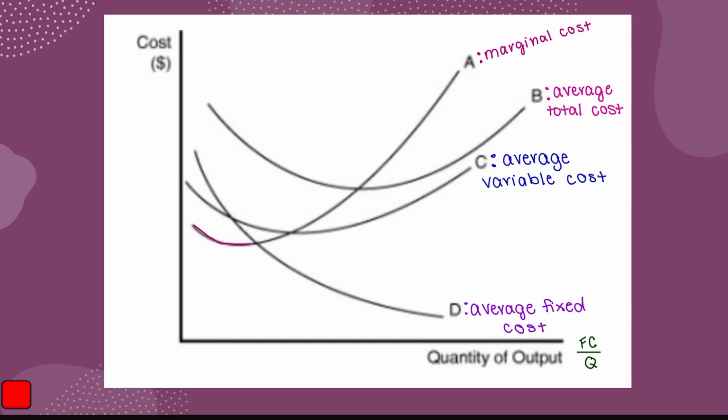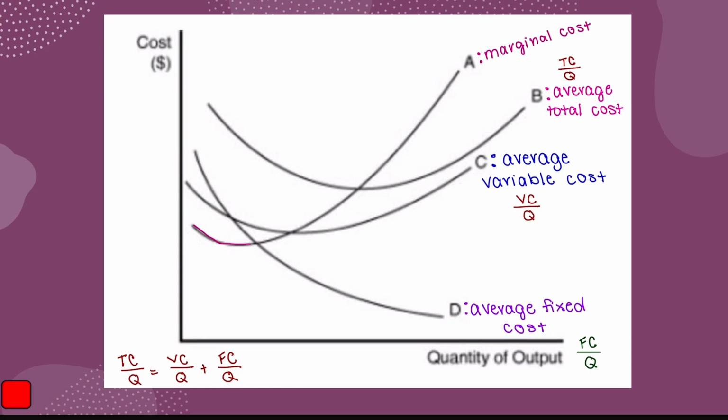So our average total cost is total cost divided by quantity, and our average variable cost is variable cost divided by quantity. And our total cost, if we come over here,